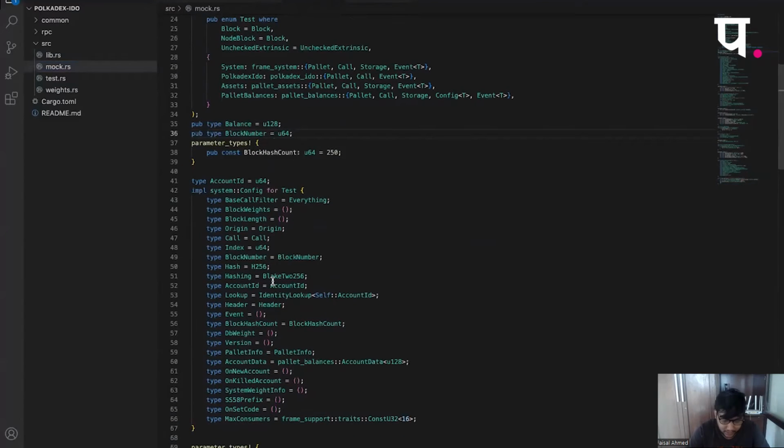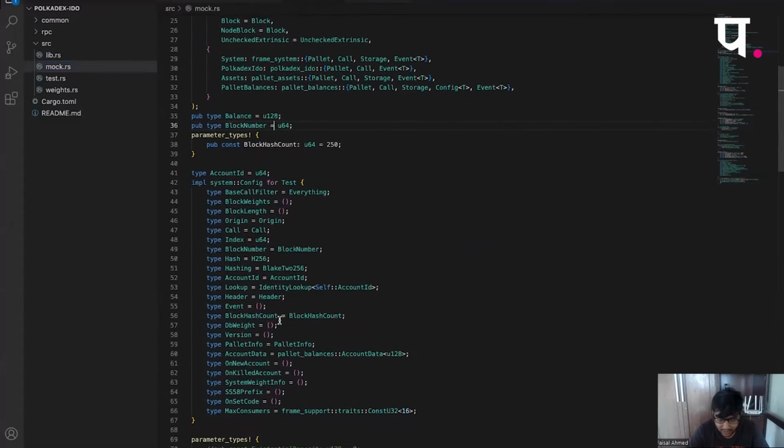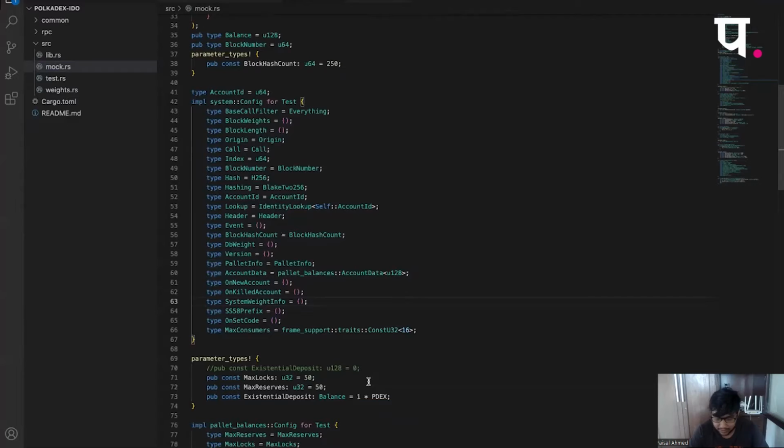So over here we give types. The beauty of this is that we don't have to have an SR25519 key or something for the mock environment. I can just set the account ID to be u64 and put it over here. I will explain how this works. This is one of the conveniences of writing unit tests for the entire extrinsic. And whatever you do in the runtime normally, it's up to you what's preferable. Some people will directly use an SR25519 key for more accuracy, I guess.